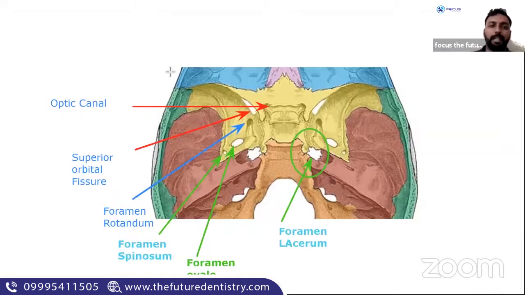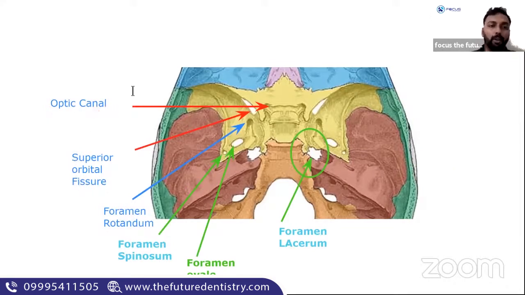Okay, now let's recap this. You have a structure known as the optic canal. So the next obvious thing is what passes through the optic canal. When you are learning about foramens, you should know what goes through them. What passes through the optic canal? The optic nerve. Yes, that is the second cranial nerve. Very good.